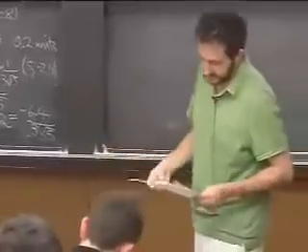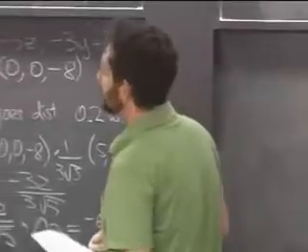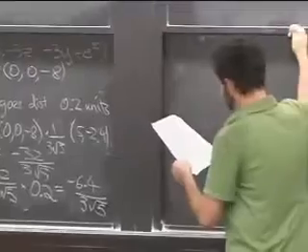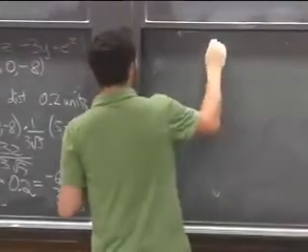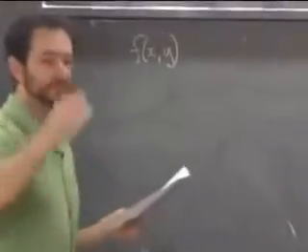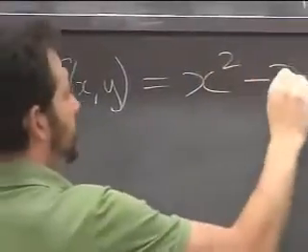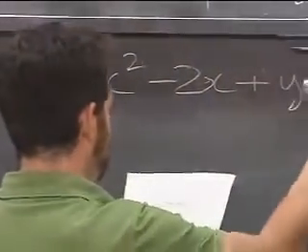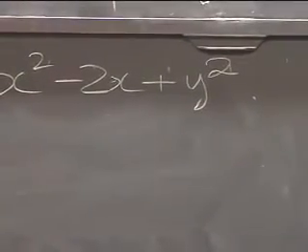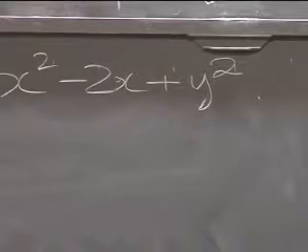Now, in order to give us an example, let's go back in the two-dimensional case to this problem. Well, it's gone from the board now, but we can now do the third part. We had this f of xy. This was the surface that I had a lot of trouble sketching, but the gentleman up there put me right on that. So we have x squared minus 2x plus y squared. So there's f. We actually consider the surface z equals f of x, y, but the third part just says, what's the linear approximation